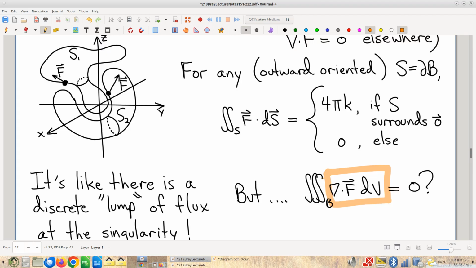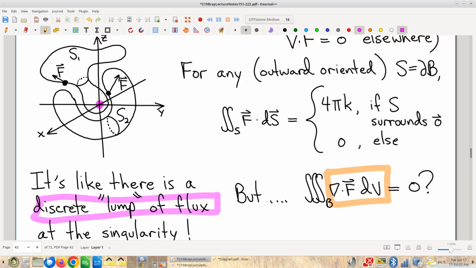But what we have here, everything is behaving as if there is a discrete lump of flux at the origin, exactly where the point light source is. It's like instead of having a distribution of flux over the interior, there's just a single point